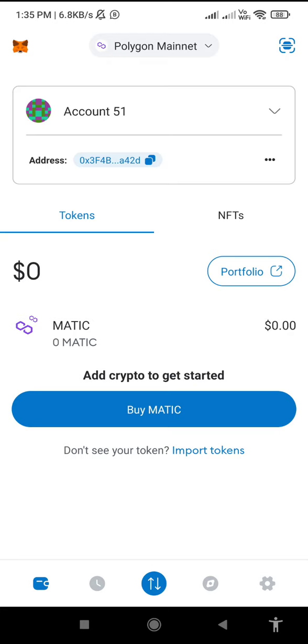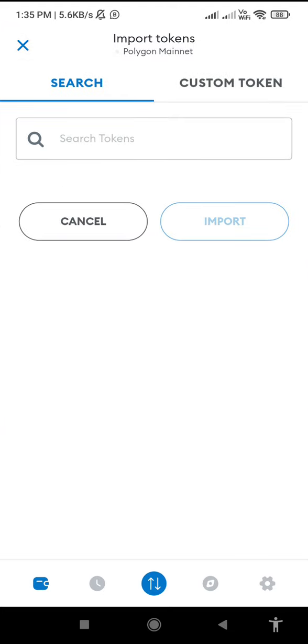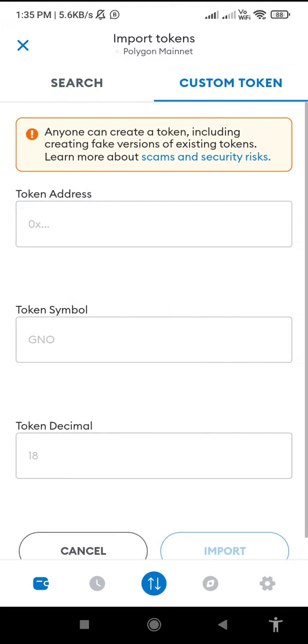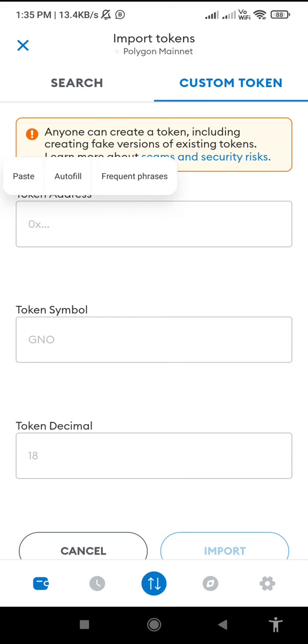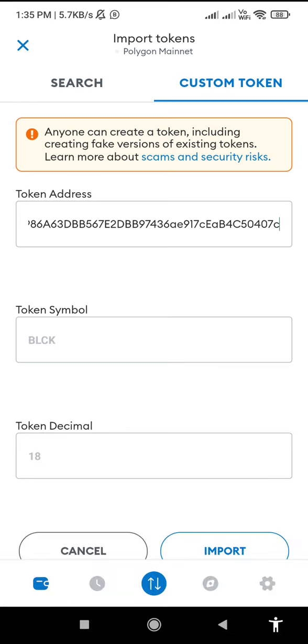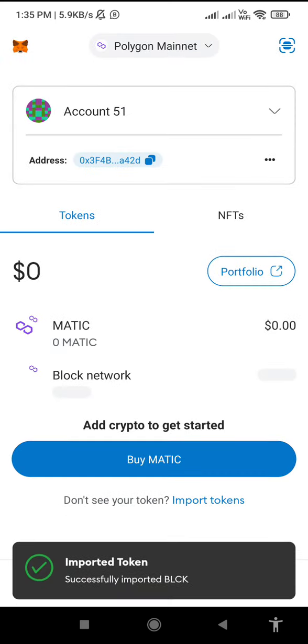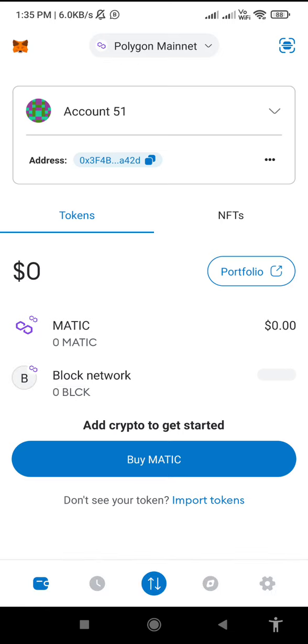Next, click again the import token. Import token. Okay. Next, go to custom token. Click. Next, copy. Paste here. Okay. Block BLC 18. Then click import. Okay. Import token successful. Import BLCK. Now, after successfully adding this contract address to MetaMask from block network,